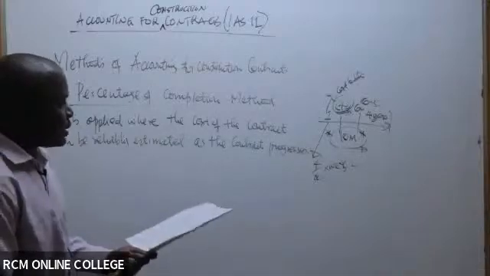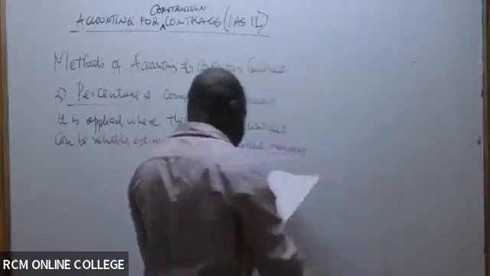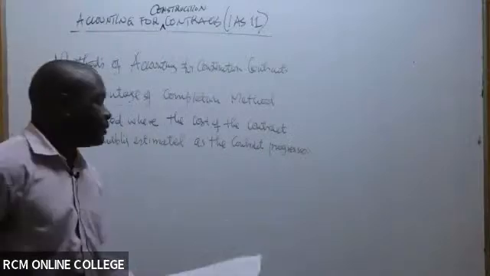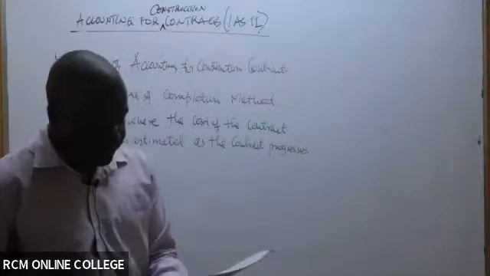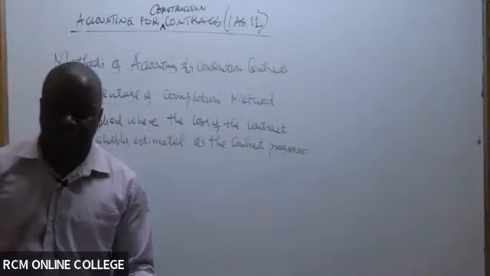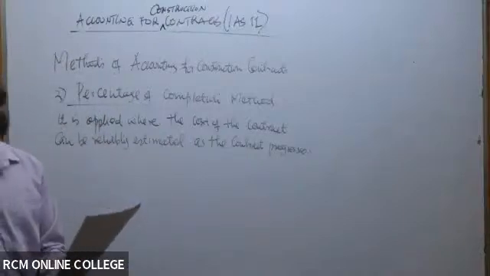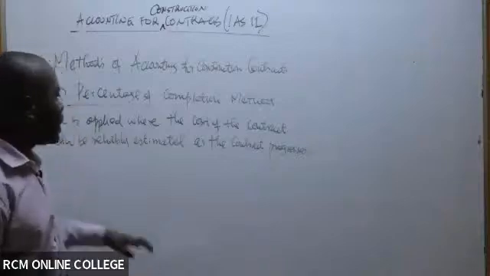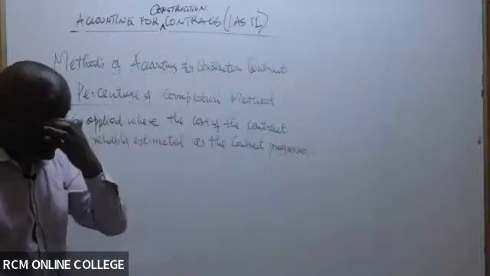So in this case, you can elaborate further and say the revenue and the gross profit is recognized as the contract progresses. So we can determine the revenue and gross profit as the contract progresses. Because under percentage of completion here, the contractee, the person having to pay you, the one you are working for, looks at